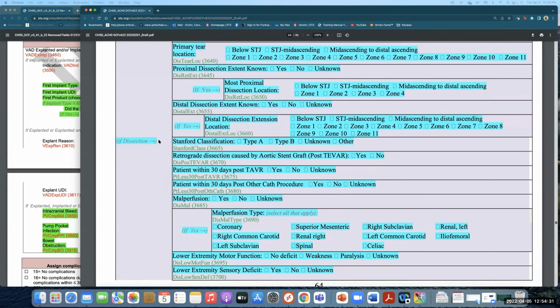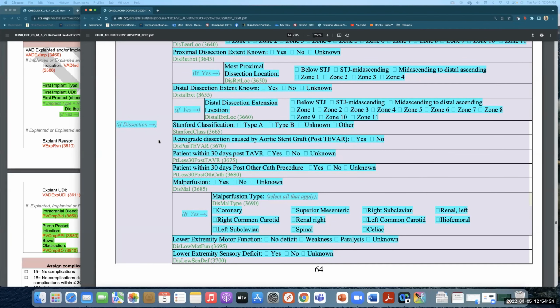And then the type of dissection. So is this a type A, a type B, unknown, or an other? And again, those are clearly laid out in the training manual. What is a type A? What's a type B? What's an other? Then retrograde dissection caused by aortic stent graft post TEVAR. That's just a question. It's not like an accusatory question. We got a lot of questions about that when we first added this into our adult form. We just want to know, is this patient post TEVAR and did they have a retrograde dissection